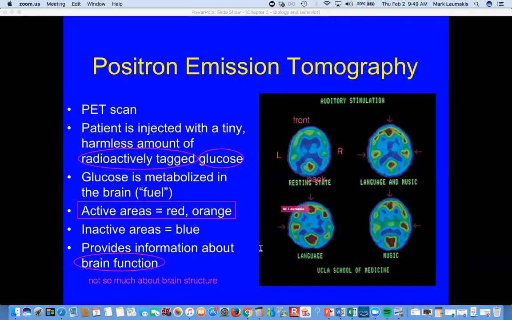Language is on the left, so I'm going to put left, L equals language, and we're going to come back to that when we have a discussion on Tuesday about split brain patients, because when you can't share language information back and forth between your two hemispheres, which is the case with split brain patients, some really interesting things occur.